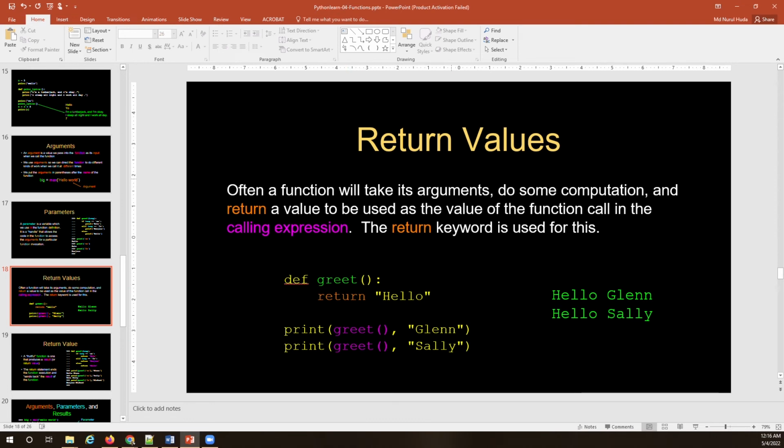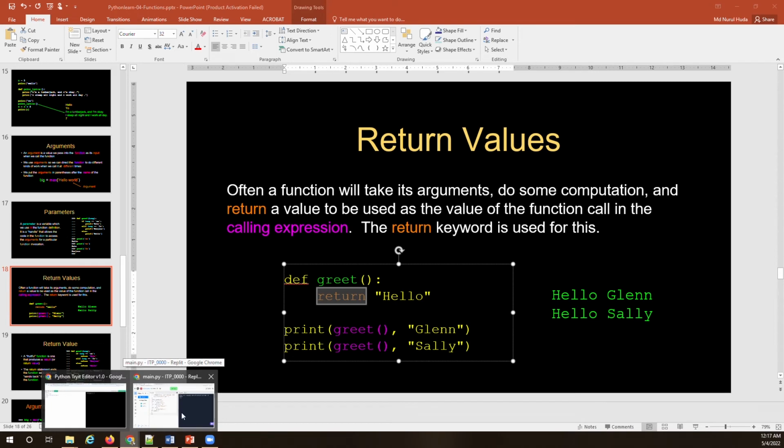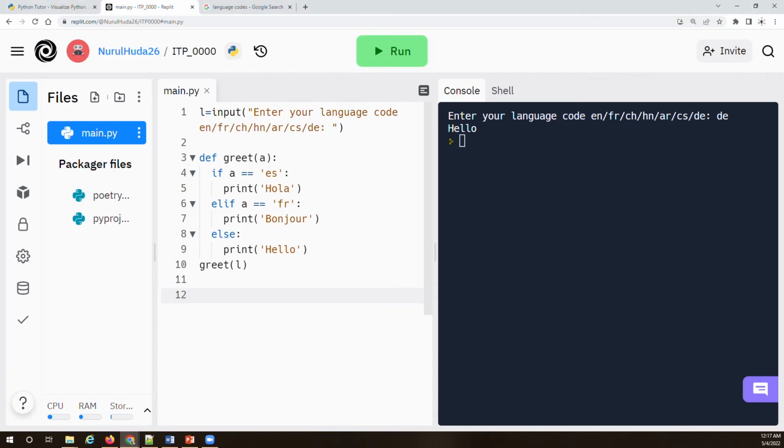We also have a return value, so a function can return some value, and to return a value you have to use the keyword return. And when we use the return value, that value comes back to where that function is called, and we can further use that value. So if we go back to our example, for example, let's say, I'm going to print here,